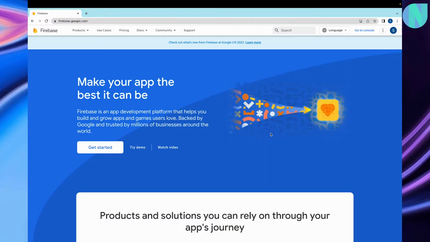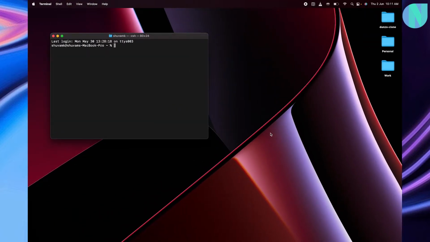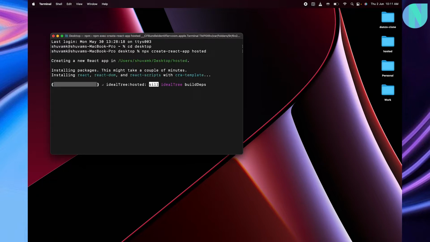So let's get started with hosting our React applications on Firebase. First of all, we'll open up our terminal. I'll increase the size so that you can see better. We'll go to our desktop or any directory where you want, and we'll create a React application: npx create-react-app, and let's call it hosted. And once this is created, I'll show you how we can host this particular